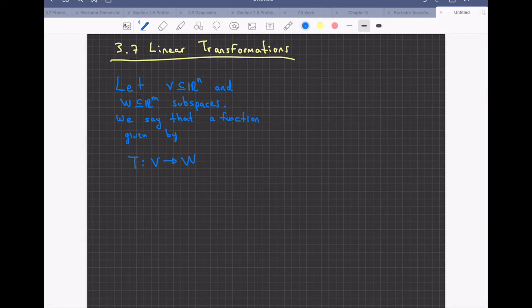We say that a function with domain in B and codomain in W is a linear transformation